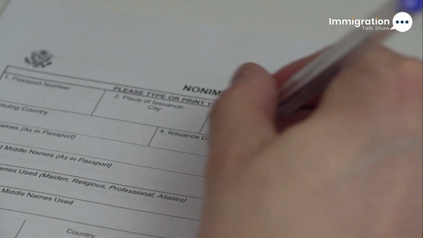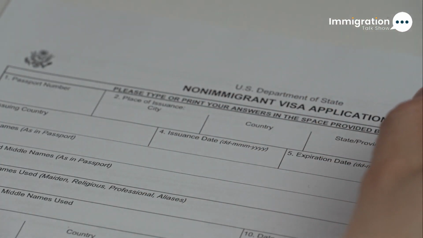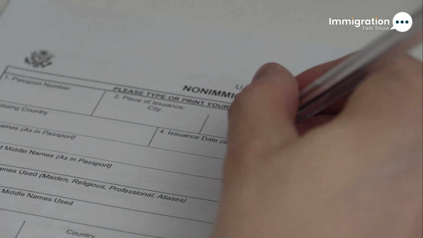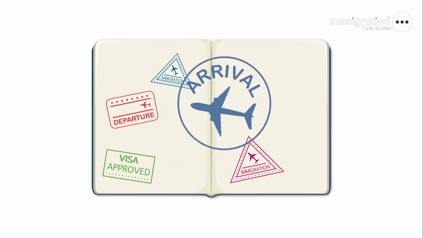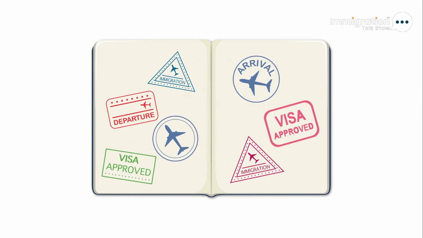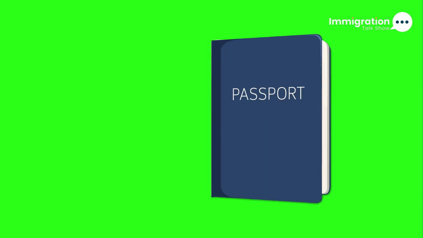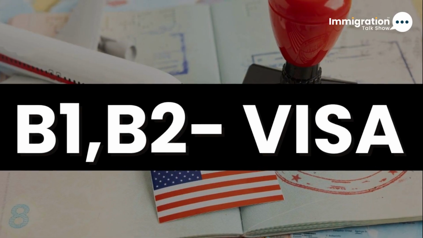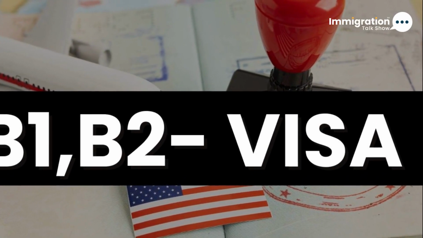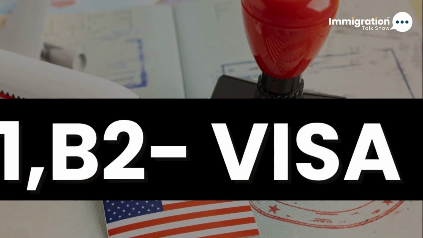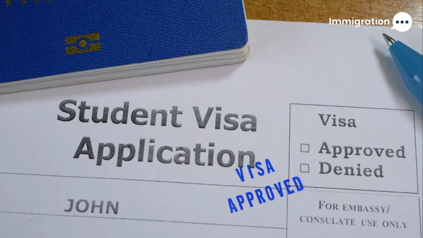mean. Non-immigrant visas allow foreign nationals to enter the United States temporarily for a specific purpose. These visas are issued for limited periods and usually require the applicant to return to their home country after completing their purpose. Common examples include the B-1 and B-2 visitor visas for tourism and business travel, the F-1 visa for